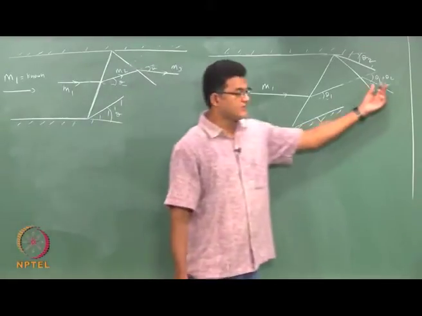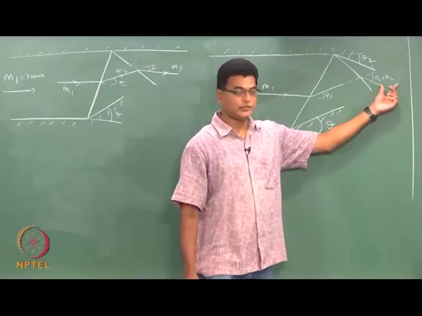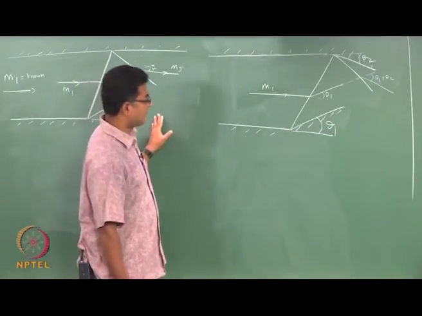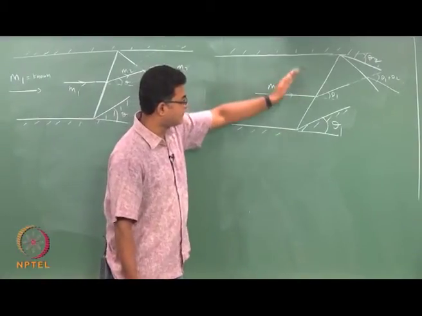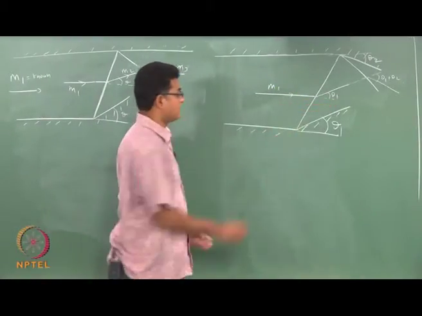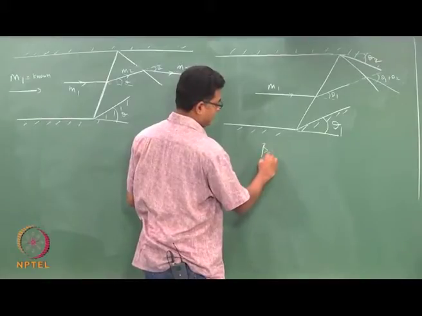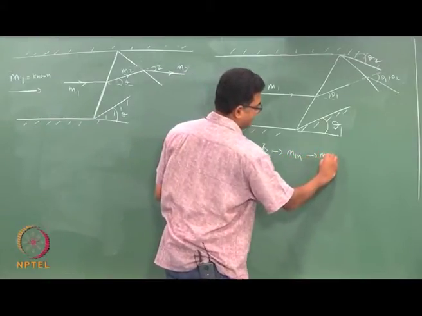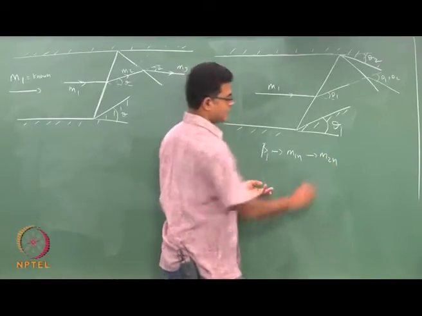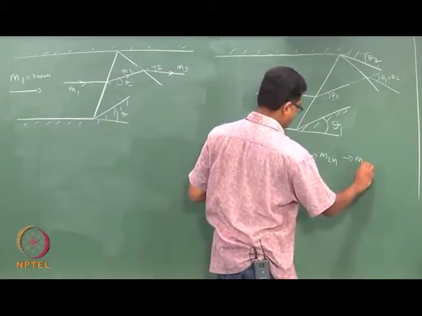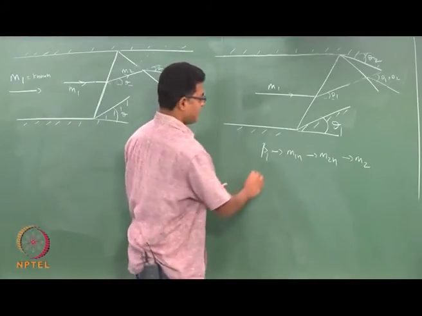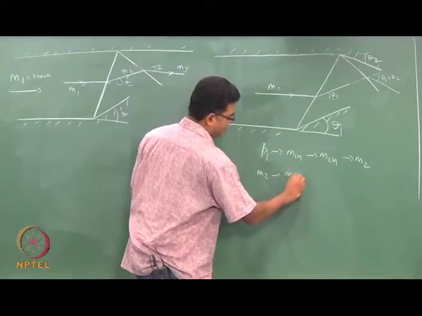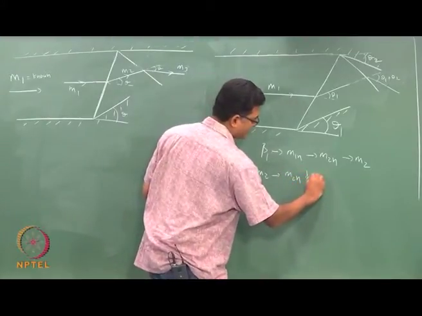So, if you realize that this angle is theta 1 plus theta 2, the problem is the same as what we have done before. Okay. Find beta 1, find the normal component Mn1, from which I will get Mn2, and the moment I get Mn2, I get M2 for the reflected shock,